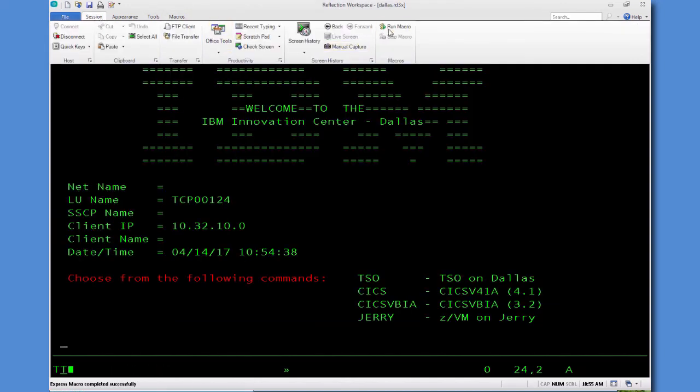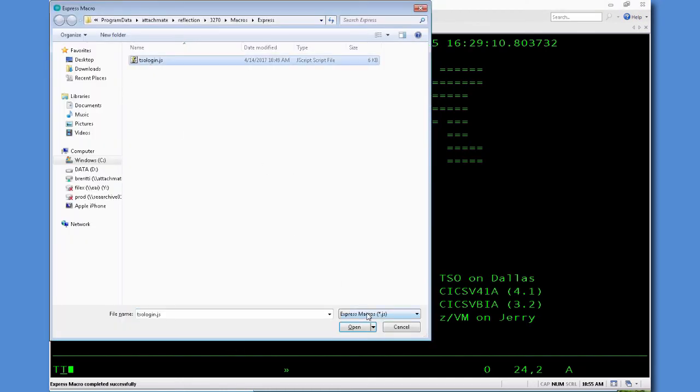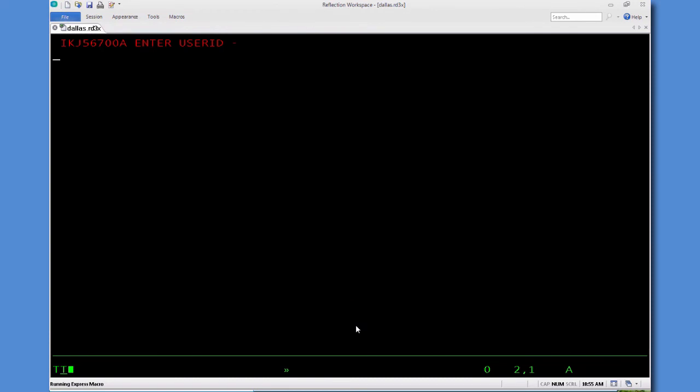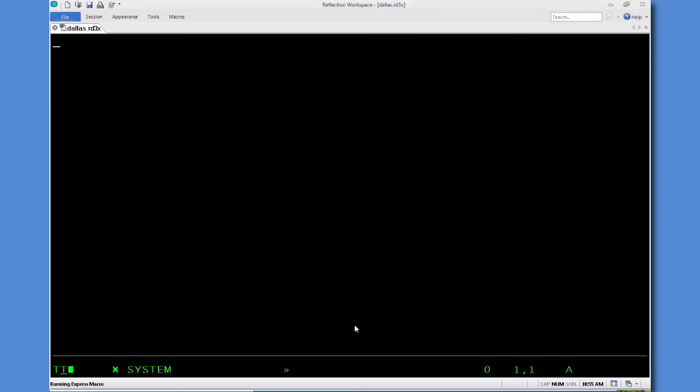We can also run the macro from Session, Run Macro, select Express Macro. Select our macro, hit Open, and you'll notice that our dialog box is reflecting the changes we made. So now I'll enter in my password. And as it